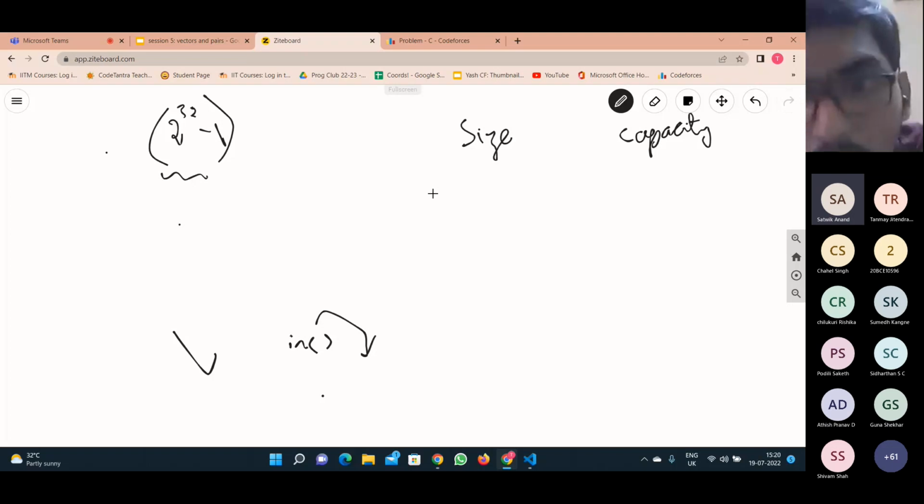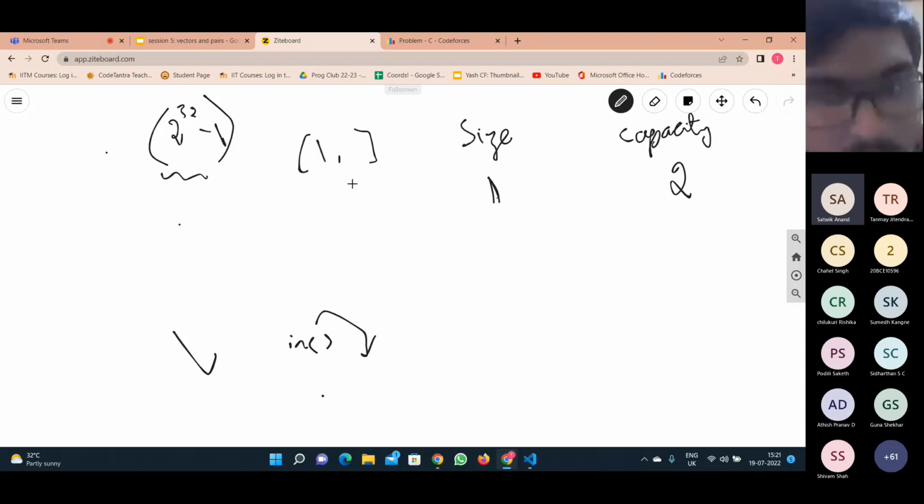So if you push back one value, the size of the vector is now 1, and the capacity becomes 2. What the vector generally does is create an array of size 2 and copy the first element into this array and say that this is your vector. When you input the second element, this works fine because there is another empty place for your value. The capacity remains the same. But when you want to input the third element,